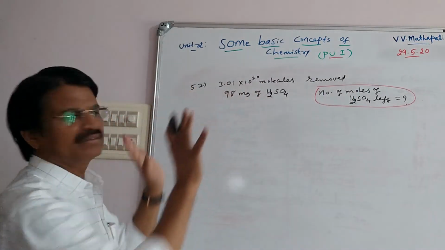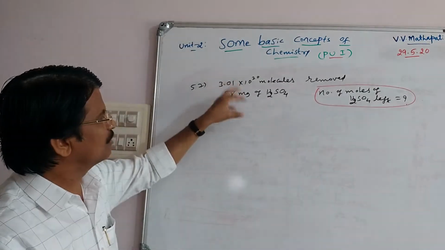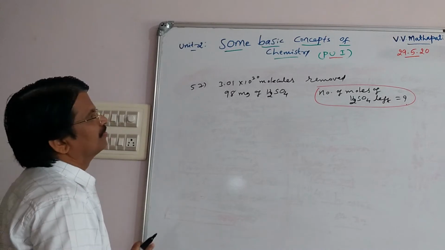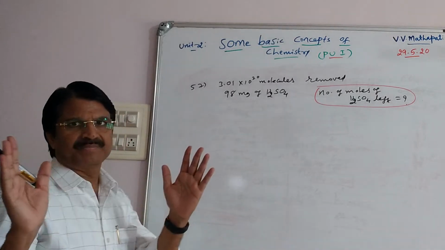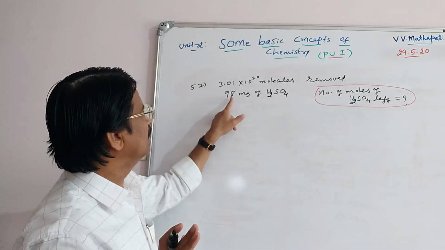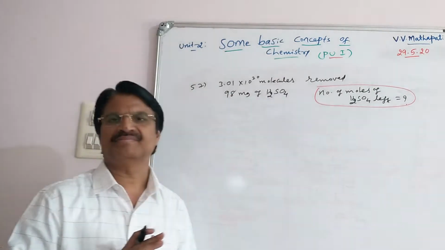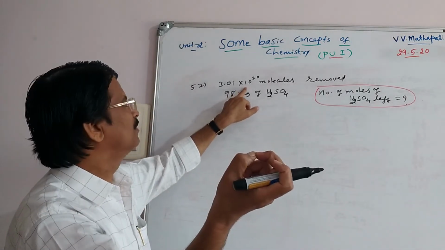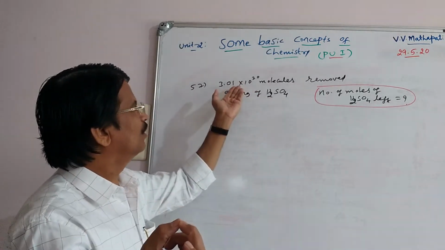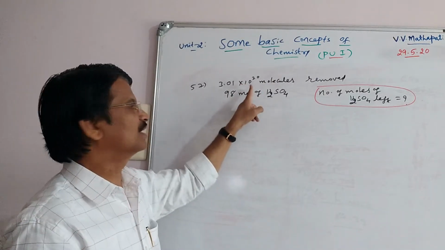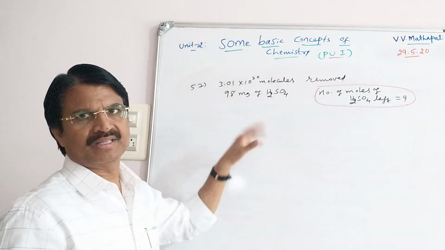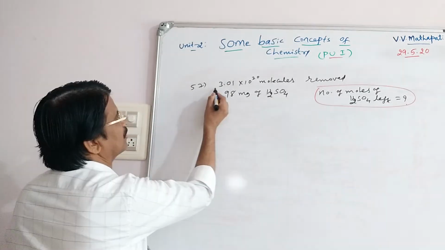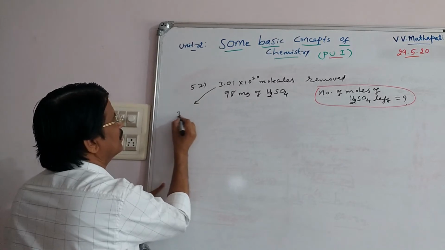Whatever is given in the question, molecules or mass, convert into mole. Okay. So there is a beaker containing 98 milligram of sulfuric acid. From that, only a few molecules are removed. But we cannot see molecules, and how to remove molecules is not possible. Hence we convert into moles. Then moles can be removed: 1 mole, 2 mole, 3 mole. Therefore, now we will convert this into mole.